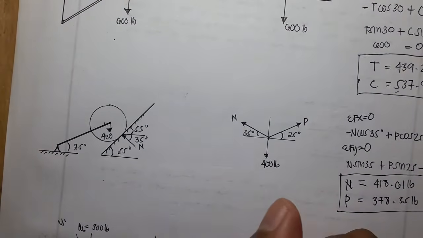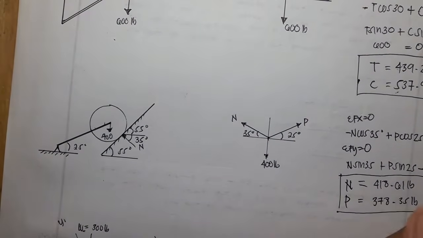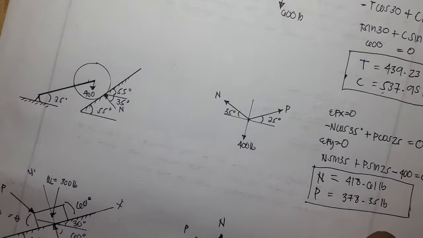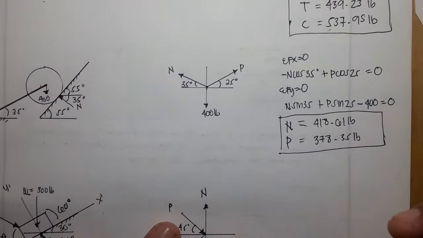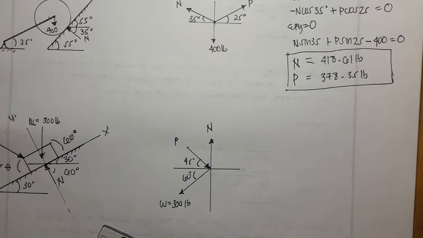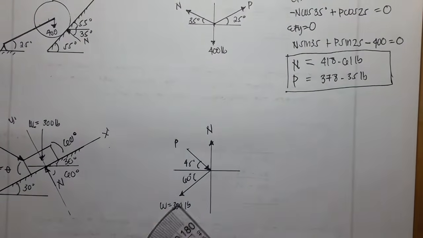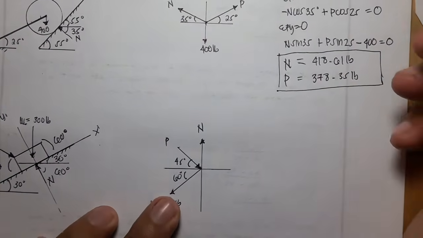So this is the P with 45 degrees. Then that's it. That is the missing, the two forces that we need to solve. So again, we can just solve it